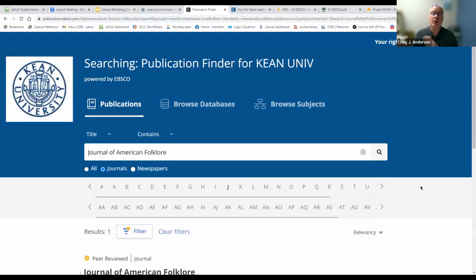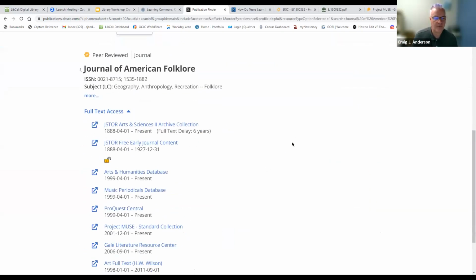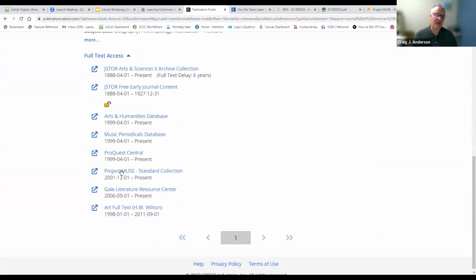And this will tell me which of the databases that we subscribe to have the Journal of American Folklore. So as we can see, yes, we do have it in Project Muse. That was the one that we ultimately found it from. It's also available in the JSTOR database, ProQuest Central. That's kind of like ProQuest's version of Academic Search Premier. It's got a little bit of everything.